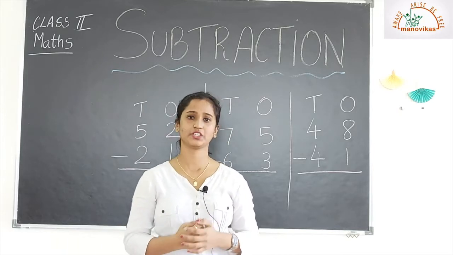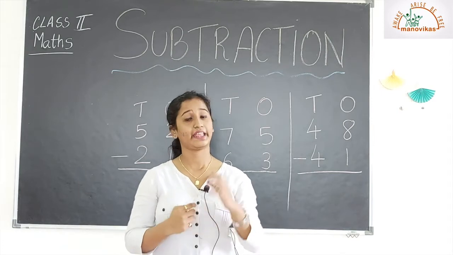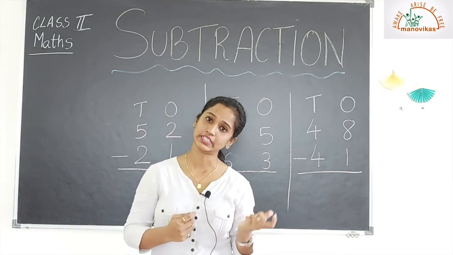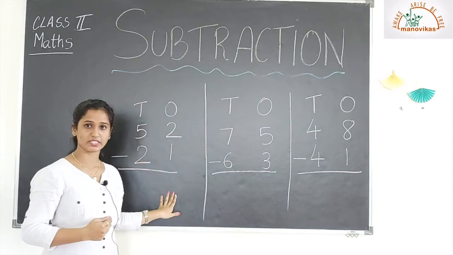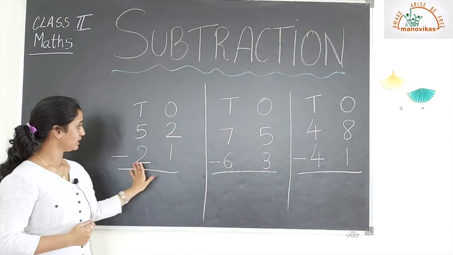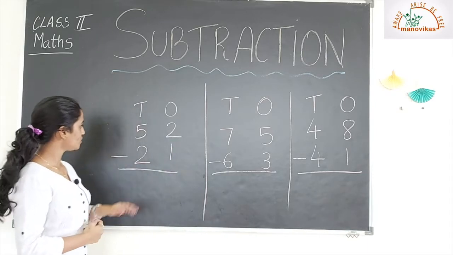So in subtraction we know that we have to take away, correct, and the answer that we get is the difference. So today we are going to begin with 2-digit numbers subtraction, but these are without borrowing and without giving away. So let us begin.